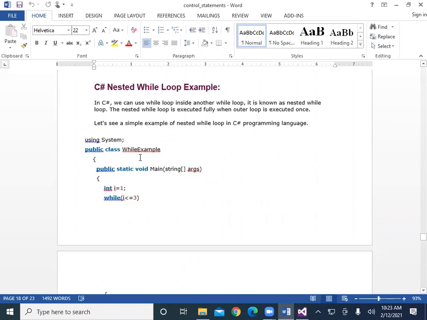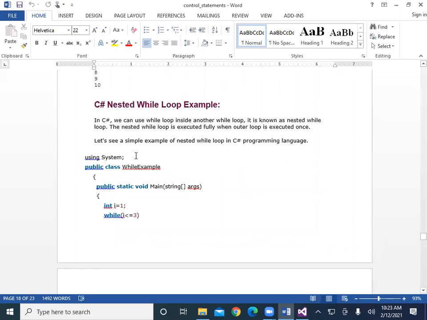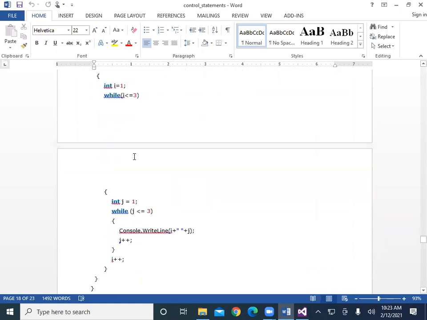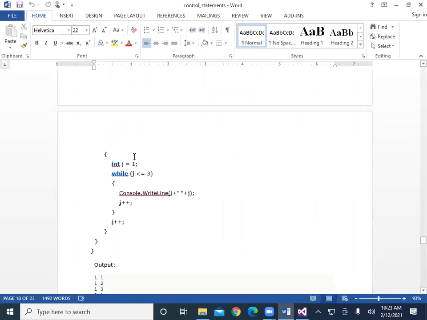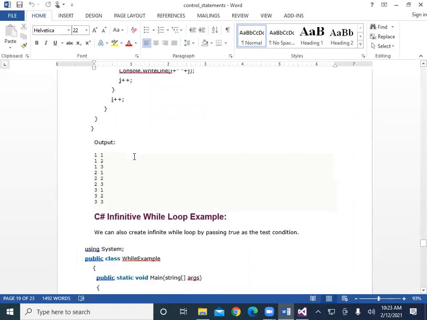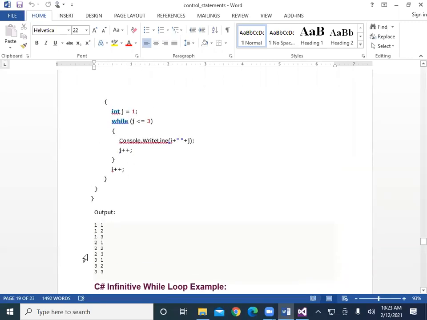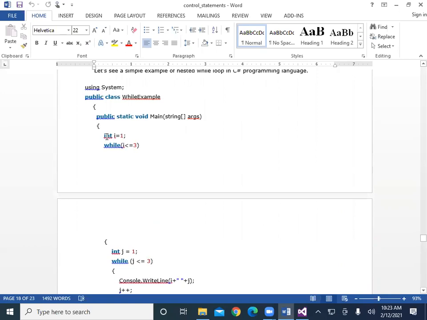So after that, it's a nested while loop. It's the same as a for loop. In for loop, we use nested for loop, that means a for within a for. So here also we can use it as a nested loop and get the desired output. So in nested while loop, a while loop is used inside a while loop. Okay, and then it will form in the form of a matrix or it will take two values. So let's see the example here.